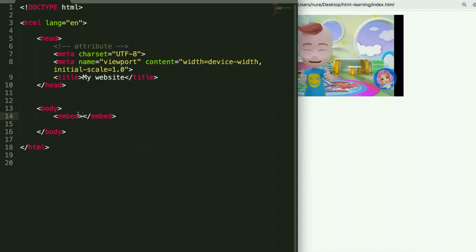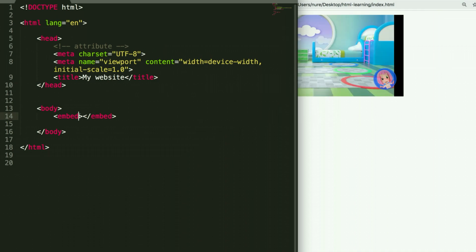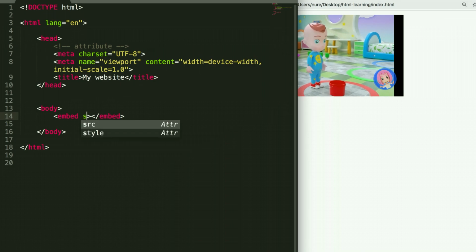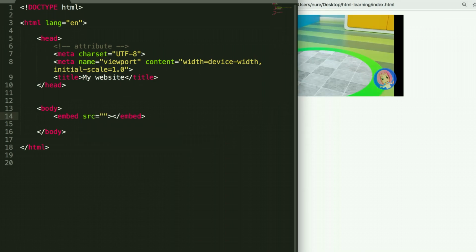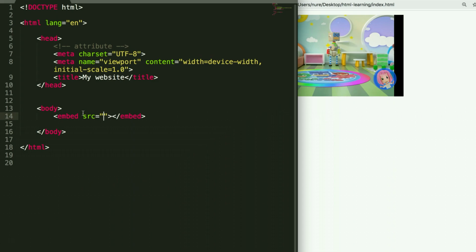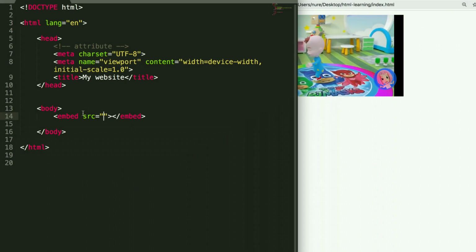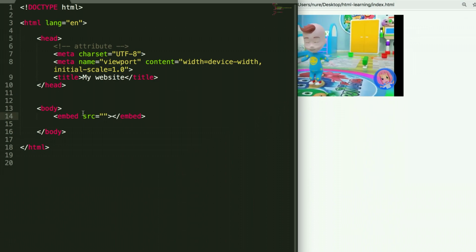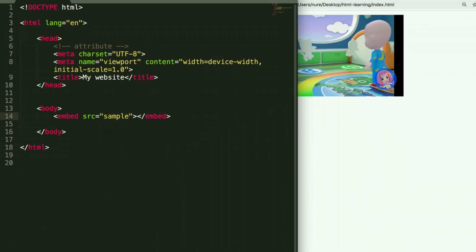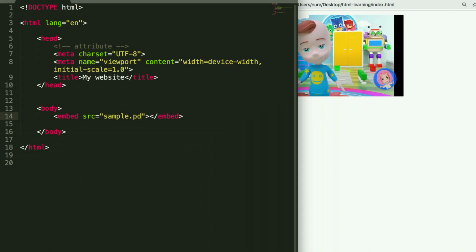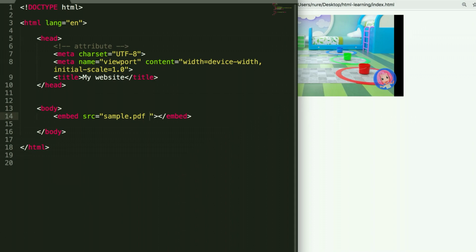So embed start tag and end tag. Within this embed tag, I'm gonna add the source of the PDF file, and since the PDF file and index.html file are within the same directory, I'm gonna just put here the PDF file name sample.pdf,